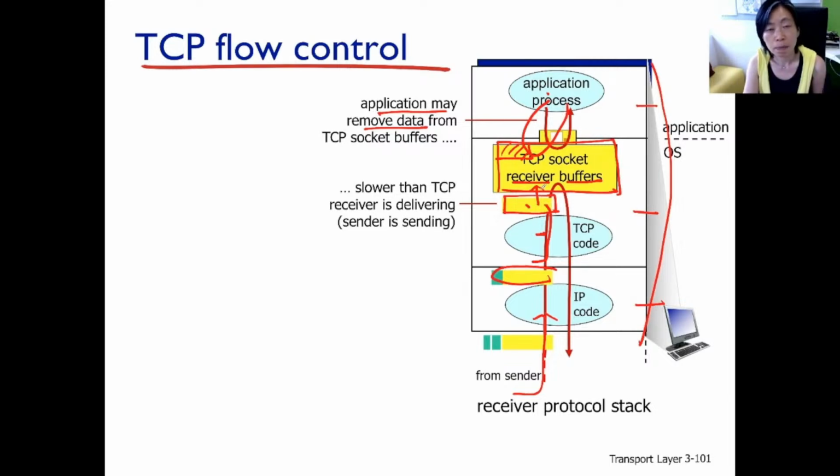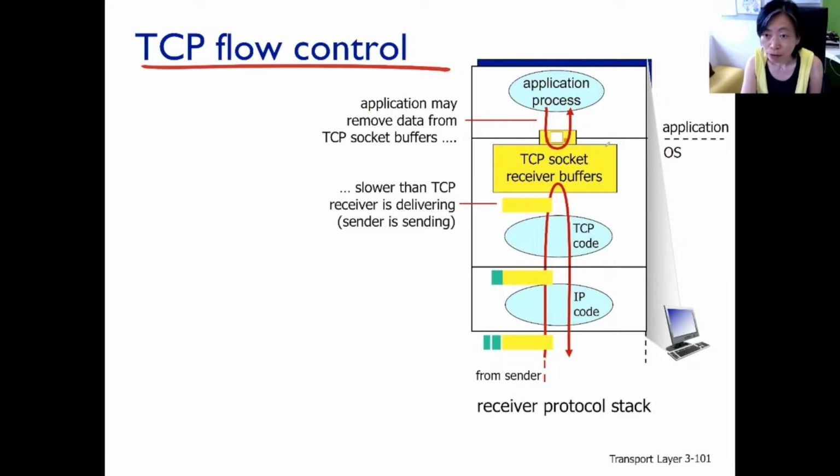And TCP flow control is needed when the application is drawing data slower than the TCP receiver is delivering data up. Because when that is the case, the buffer space will be occupied more and more and more, because outgoing is slow, incoming is fast. And eventually the space is going to be exhausted. The subsequent data will be dropped right there between the TCP receiver and the receiver buffer. And this is super bad because TCP here is working very hard to try to get this packet in.